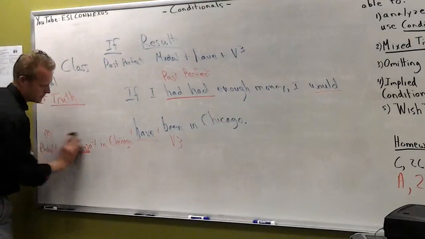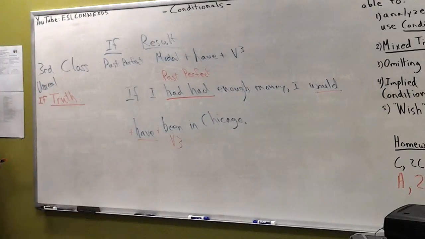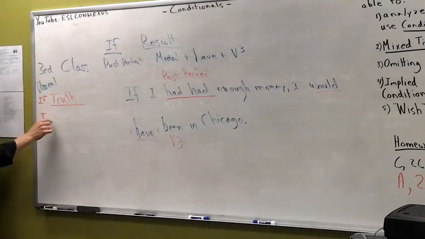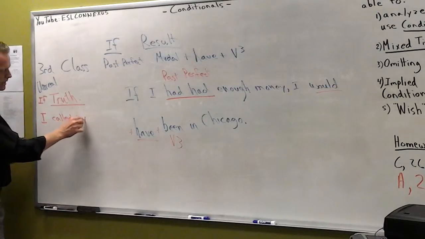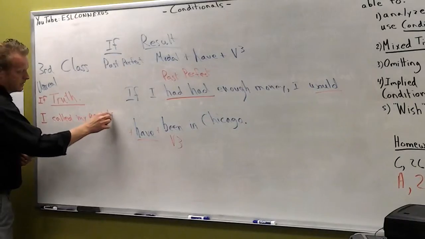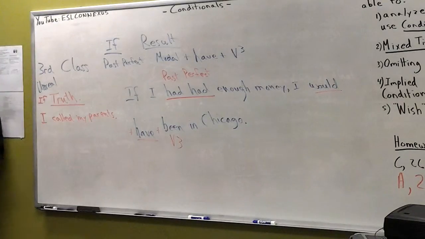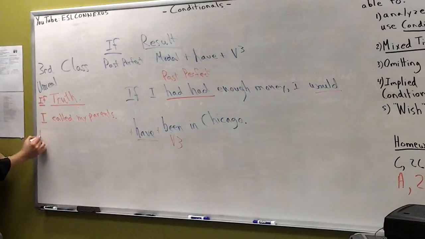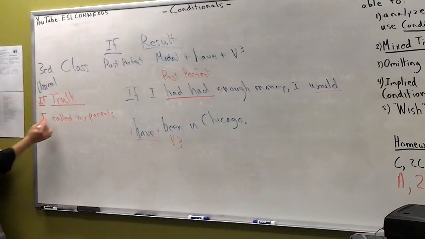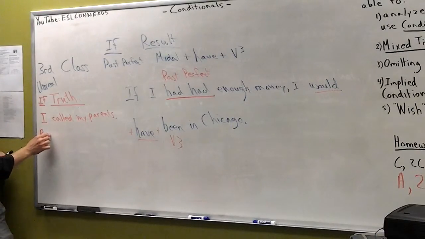So the truth is, you need a situation and then you need a result. So the situation is, I called my parents, and then what was the result of that? They were happy. Well, you need a result, a truth result from the past. They were happy. Okay? So remember, this is your if, and we're talking about the truth of the matter in the past. So I called my parents in the past. The result,